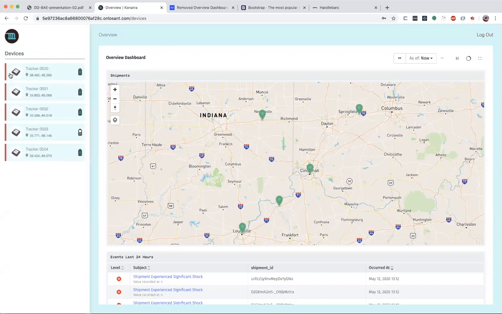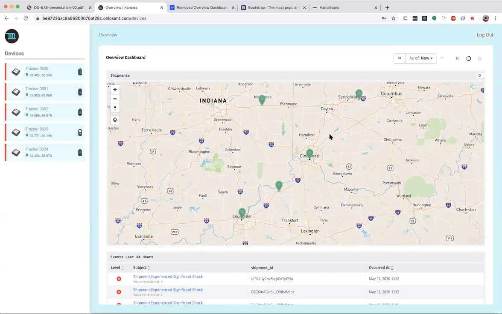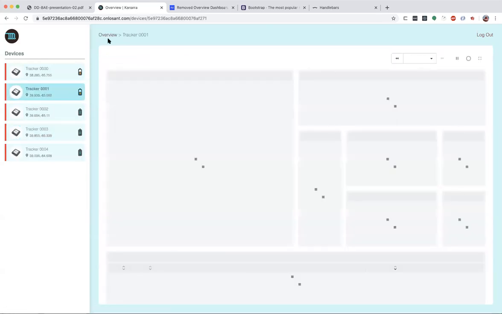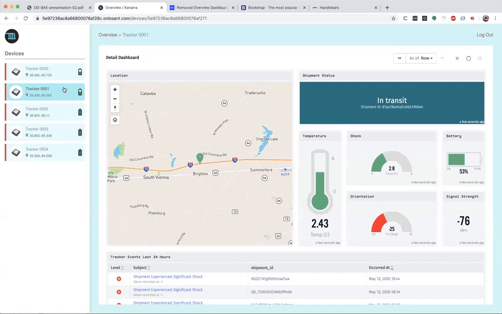So what you see here is the experience side of that application. And this is pretty typical for what we see most users building inside of an application experience. Before we got to this point, we had a login screen. I've since logged in. But once you log in, you have an overview dashboard in the main panel right here. That's 5 different devices traveling across the Midwest, logging additional telemetry data. And then over on the left right here is a list of all the devices I have access to inside of this application. And if I click on one of these devices, this then takes me into a detailed dashboard that is specific to the device I have selected.